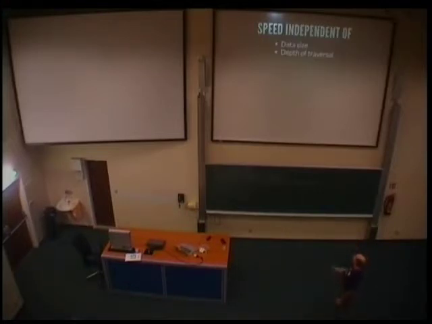And more important, it doesn't matter what data size you have. The traversal speed will always remain the same. It doesn't even matter the depth of the traversal. If you go 100 friends of friends of friends, you'll have the same traversal speed. It's often silly to talk about performance, but just to give a rough impression, you can get about 1 to 2 million relationships a second, at least in the Java library.